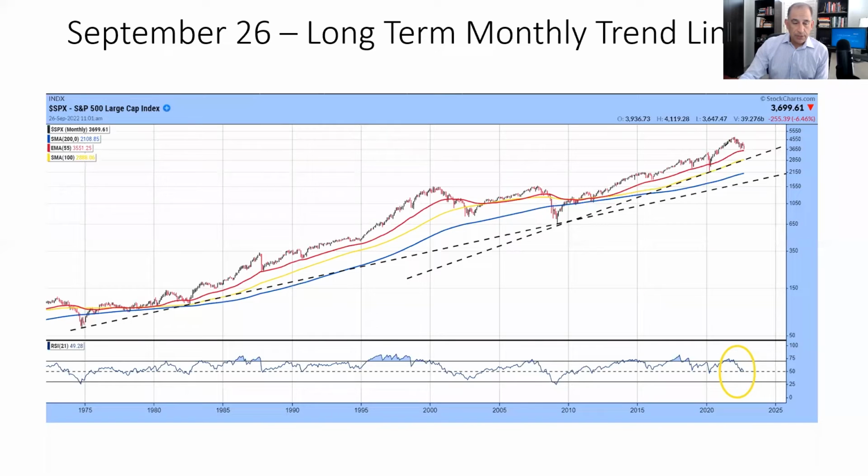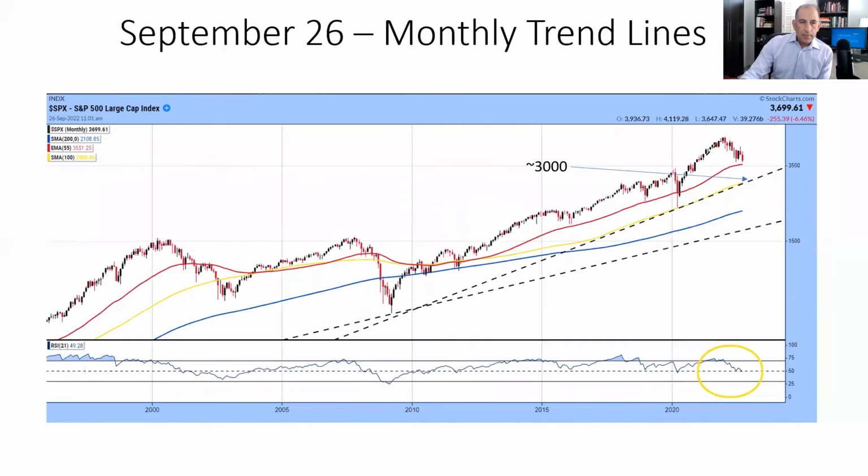Here's September 26th from a monthly long-term. This is 1975 back here. If I go 75, I find it somewhere in the mid-80s, and then I find the 2008 crash, and obviously, continue on, right? It looks pretty dire, right? If we get down to that level, I don't think we're going to see that. I zoomed in a little bit to show really the trend line from the 2008 crisis. There's the pandemic, and here we are now.